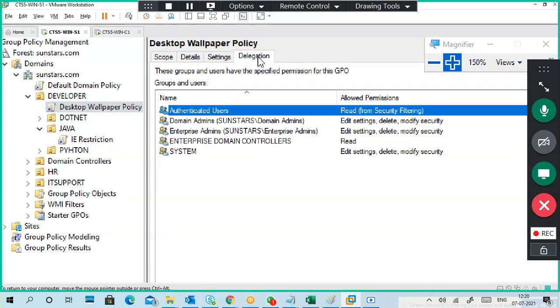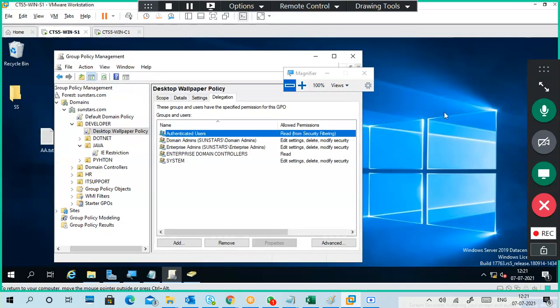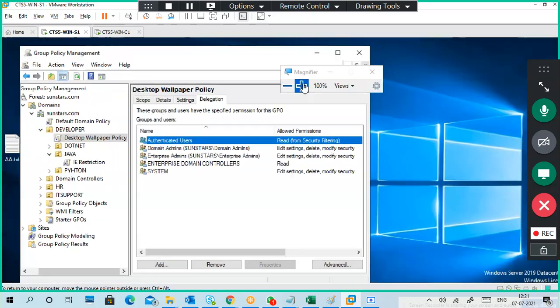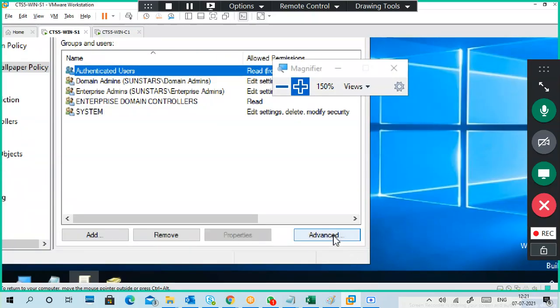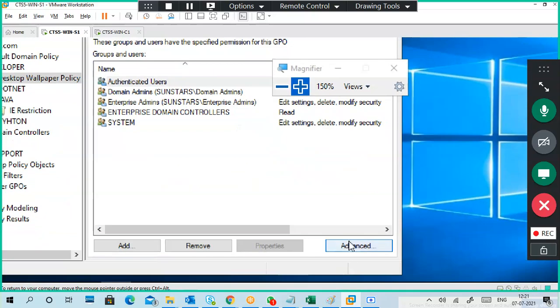go to the delegation tab, click on advanced.